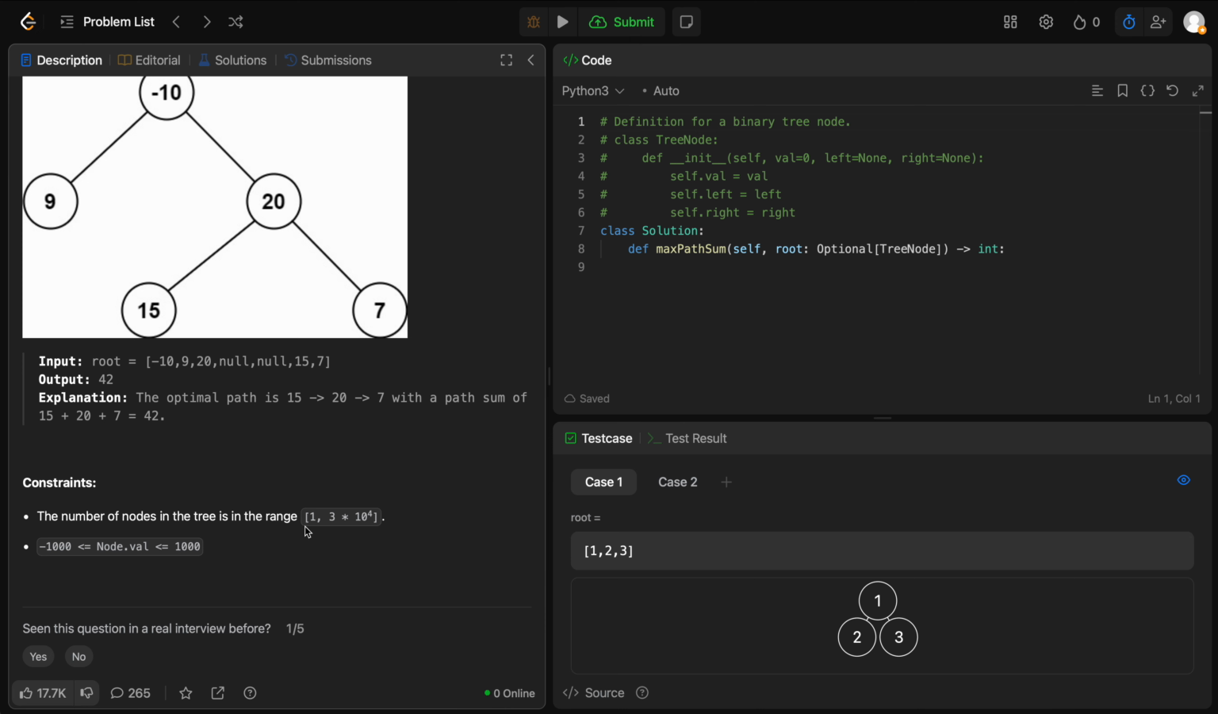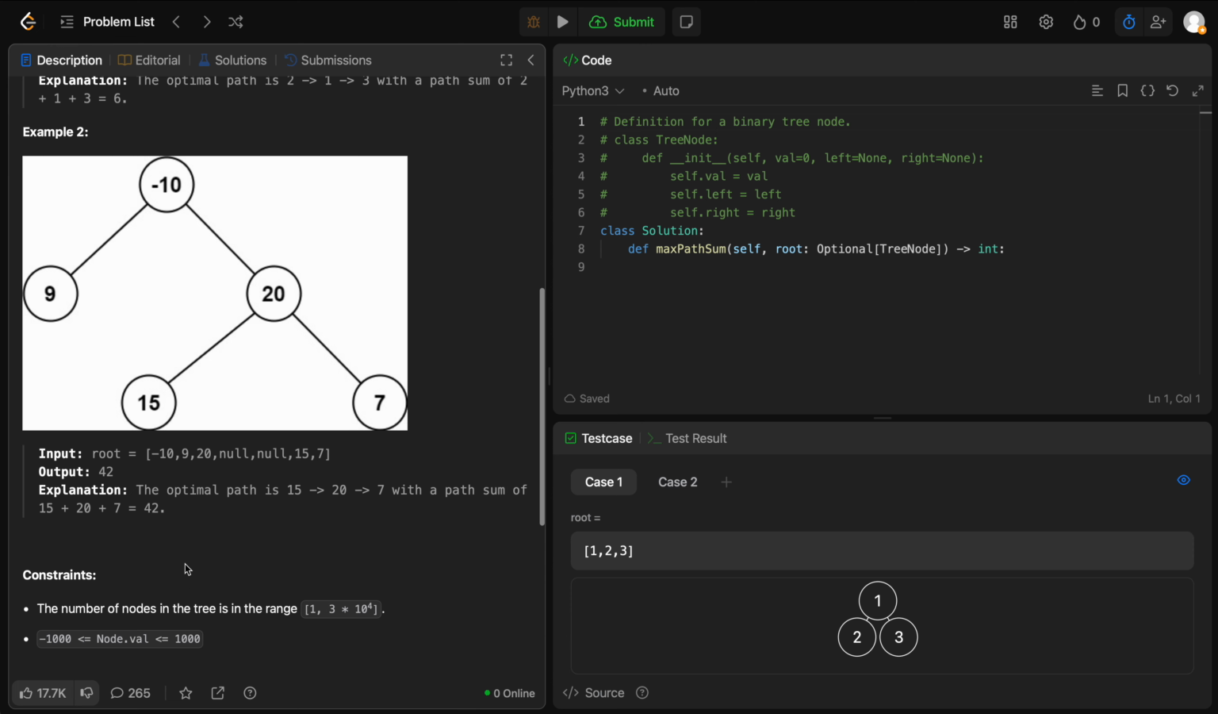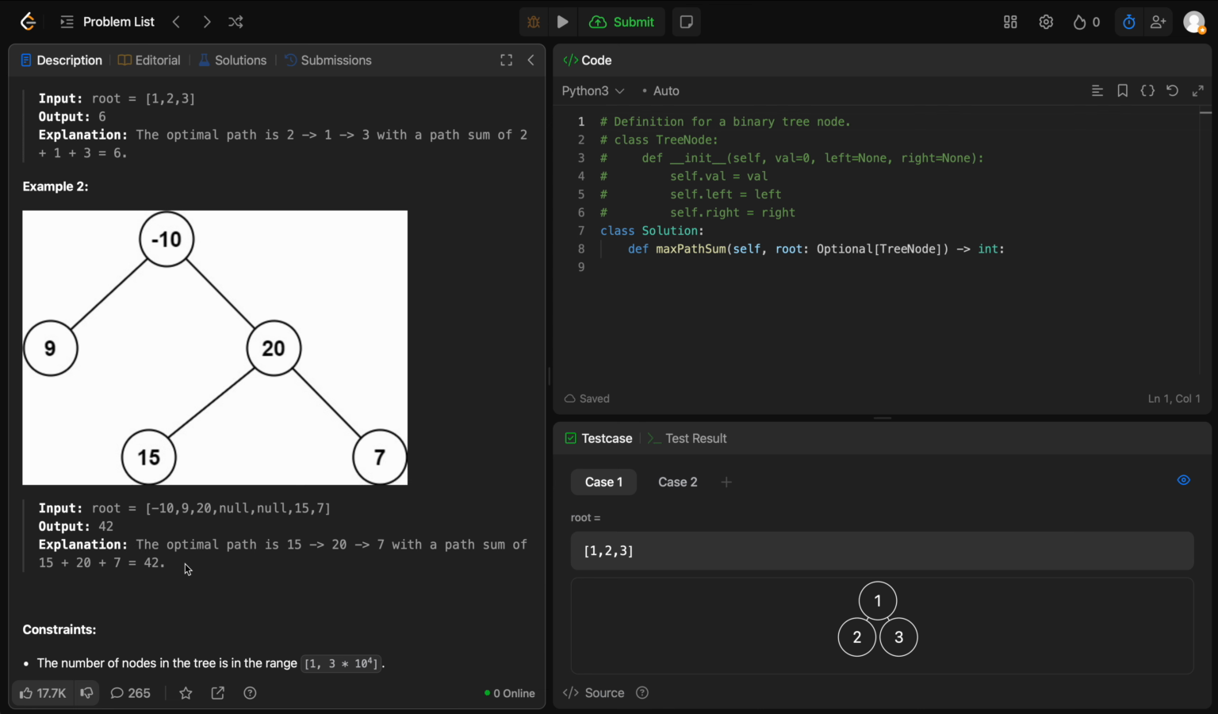Okay, so there are a lot of nodes. We cannot do n squared. And since the values can be negative, that makes it a bit more complicated. But this is something we can solve with recursion. So we'll just go and call, if the node doesn't exist, then we just return 0. But if it exists, then we try to traverse its children, and we check